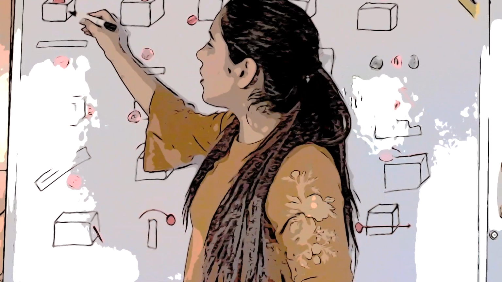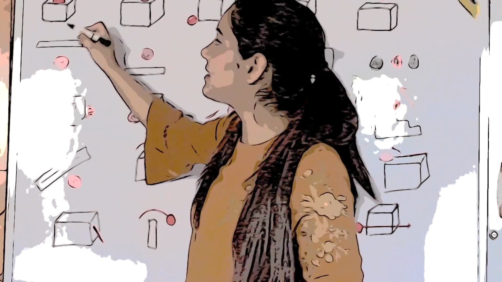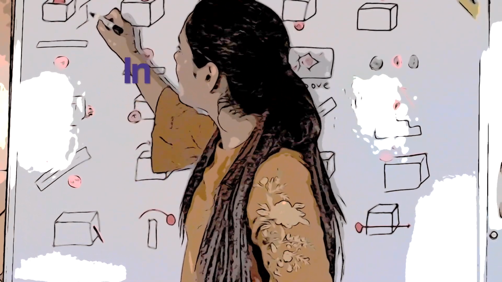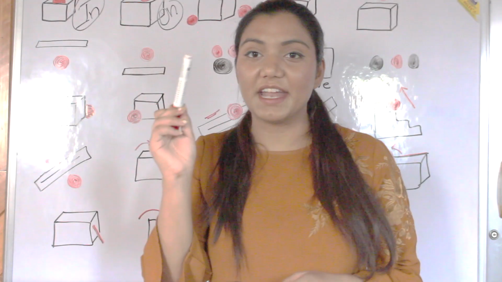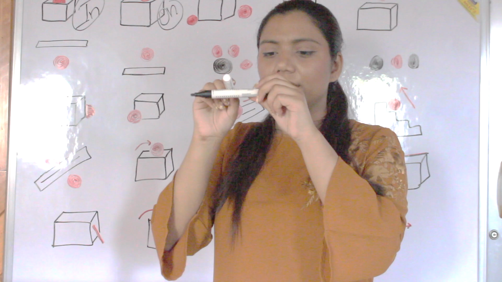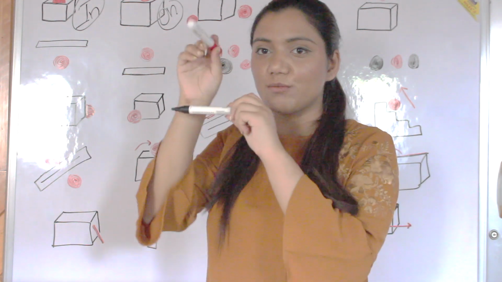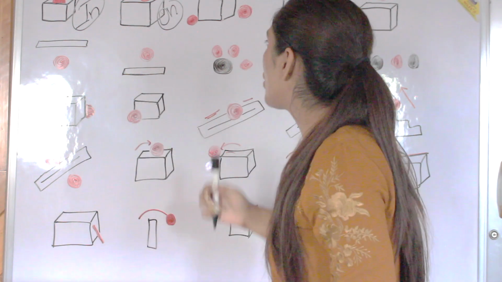So this red ball is where? It is in the box. Red ball is in or inside the box. Next is this. Where is it? It's on. This red ball is on the box. This red pen is on this black pen. Okay? The one which is on top is called on.